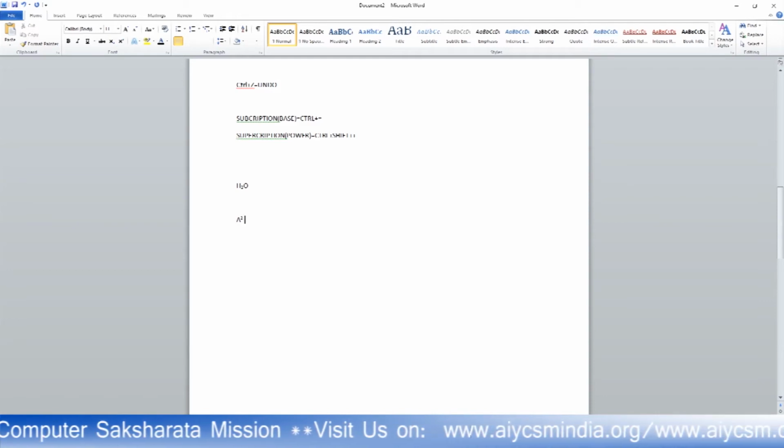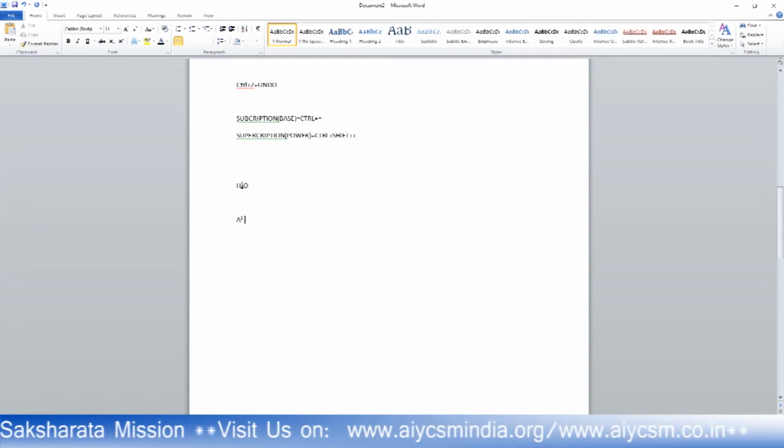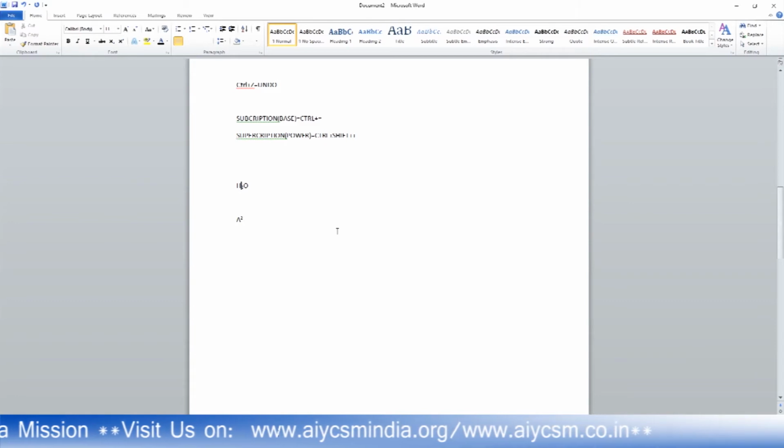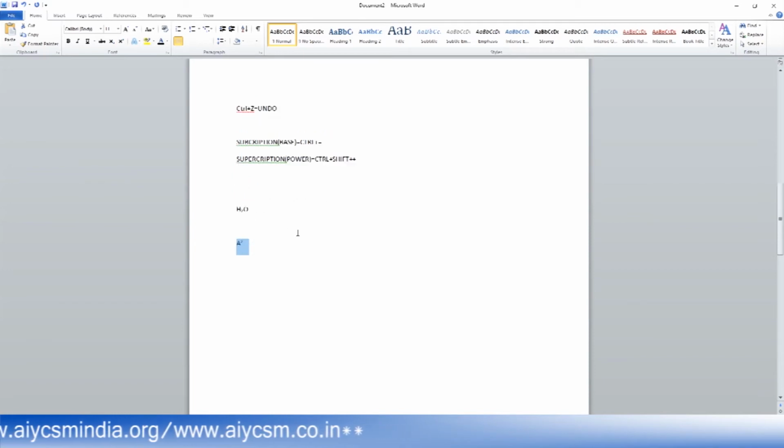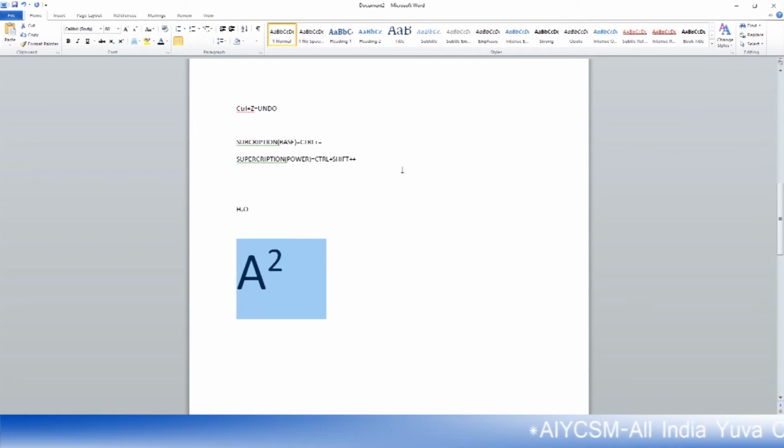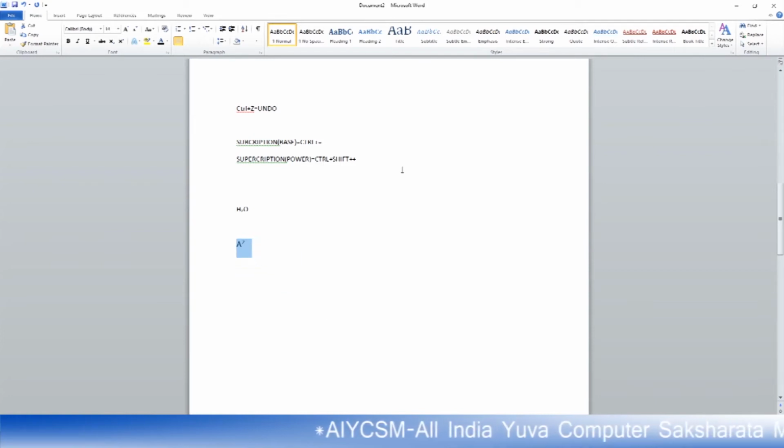Press Control Shift plus again, and it comes back to the same position. So this is subscript, if you want to write something in the base, and this is superscript. If you want to increase the font size, press Control Shift together, then greater than will increase it, and less than will decrease it.